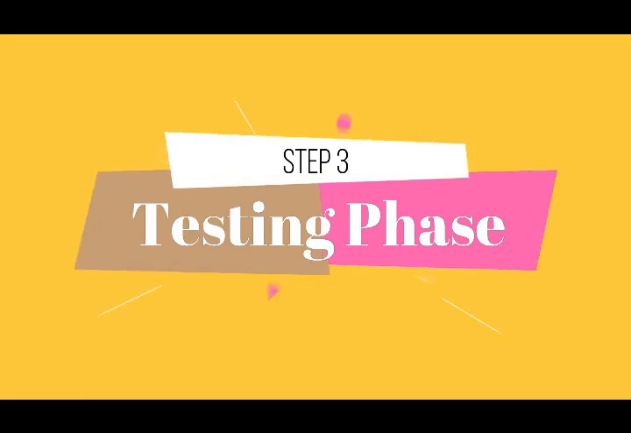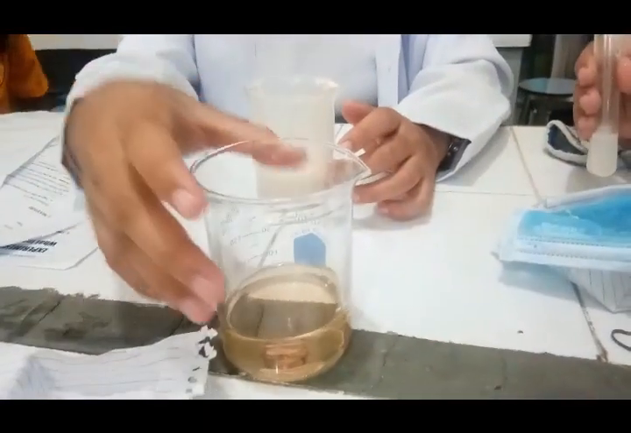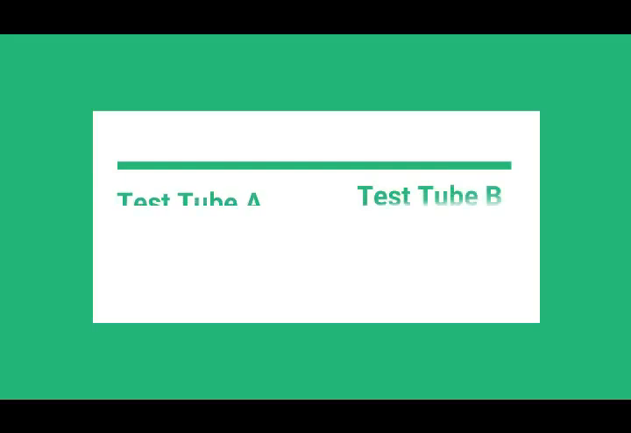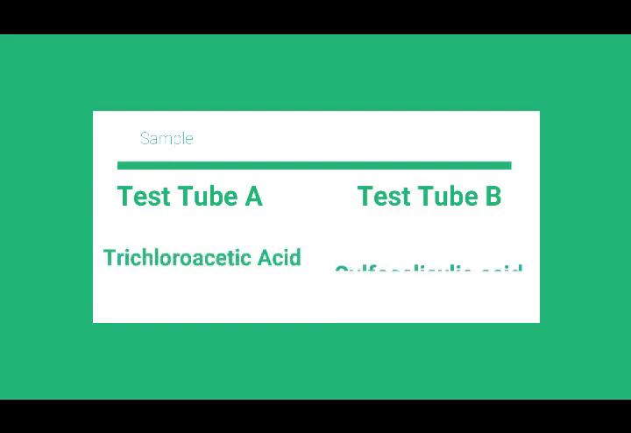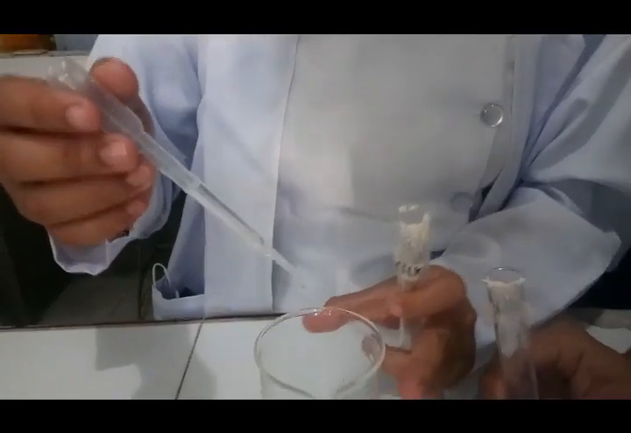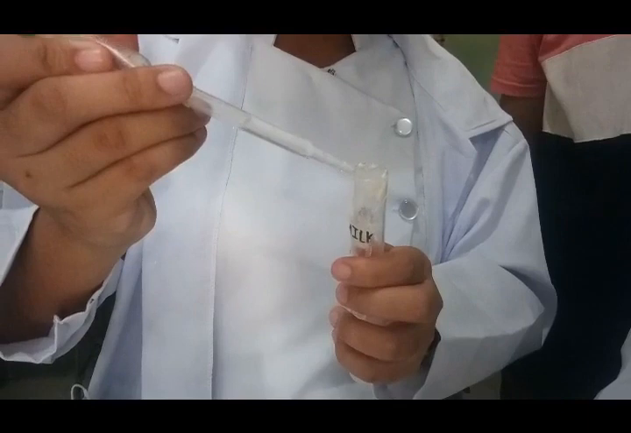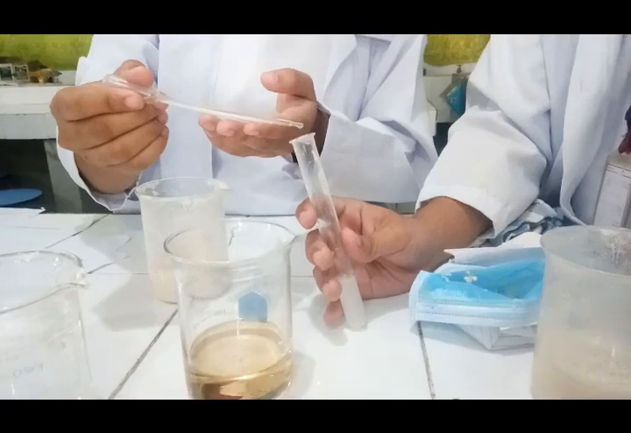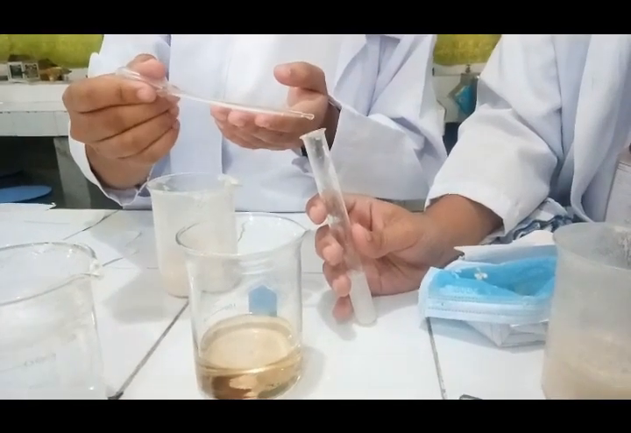Now that we are prepared, it is time for the testing proper. So we had prepared our trichloroacetic acid and sulfosalicylic acid beforehand and placed them in separate test tubes. We divided each of our samples into two, test tube A and test tube B. Test tube A will house the trichloroacetic acid test and test tube B will house the sulfosalicylic acid test. First, we started testing the milk curds. We added 5 ml of water each into the test tubes. Then for test tube A, we added 5 drops of trichloroacetic acid and 5 drops of sulfosalicylic acid in